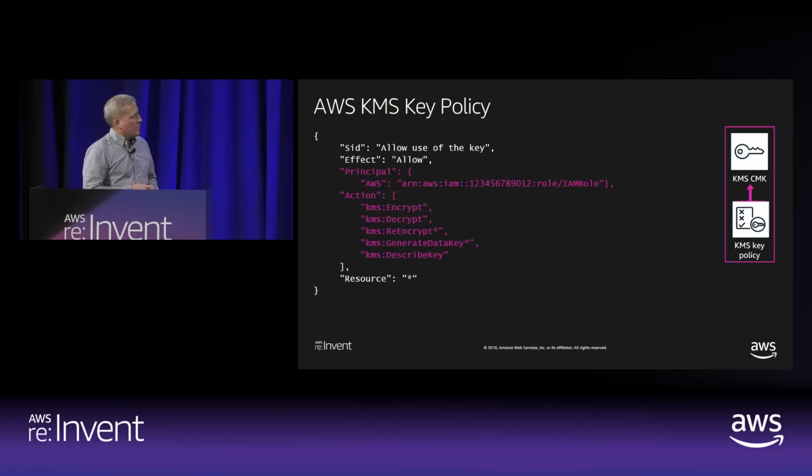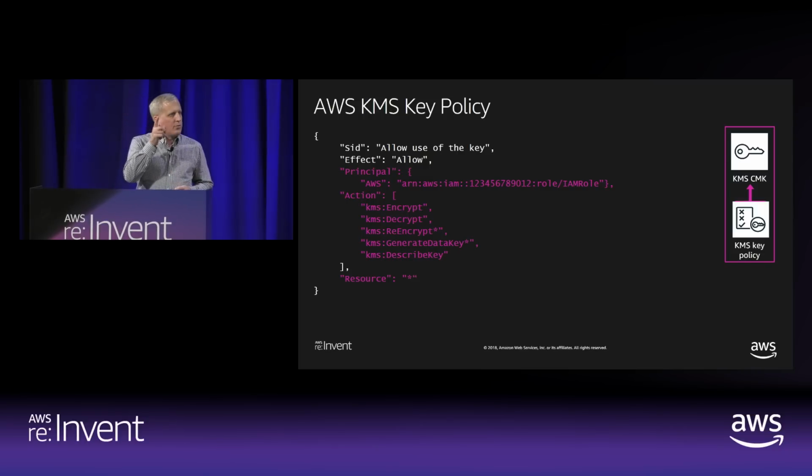Almost every AWS service that integrates with KMS, and that list is approaching 50 right now. Eventually, it'll be every service. We'll use this generate data key API so that individual keys that are scoped to the specific piece of data that you want that service to handle get their own unique key. Whenever you see resource star in a resource policy, just note to yourself, this is a reflective reference on the particular resource. This does not mean this is applied to all keys inside your account.